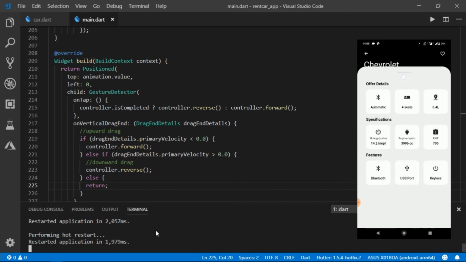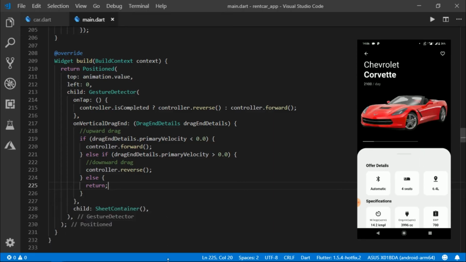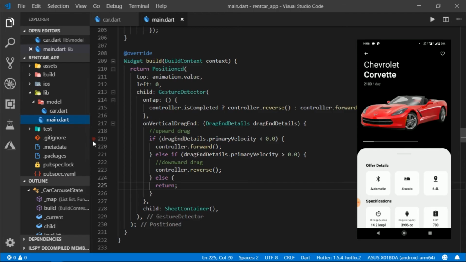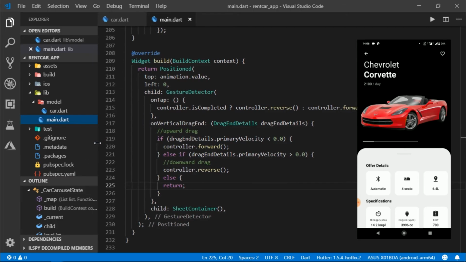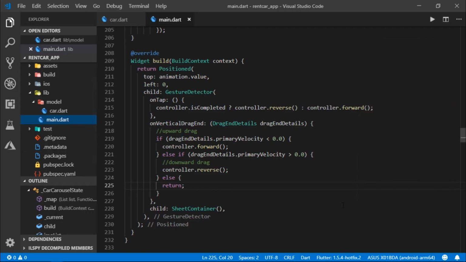Well, it does work. Now when all this happens, we would trigger some animation for the car container as well. There are several ways to do that, but I decided to go with a simple BLoC pattern. If you don't know much about it, you can go and watch the previous video of mine, or click on that card to know about it in detail. Although the BLoC pattern which we're going to be implementing is simple enough, so you can keep watching this video as well. It's just that I went over all this in a bit more detailed manner in the video